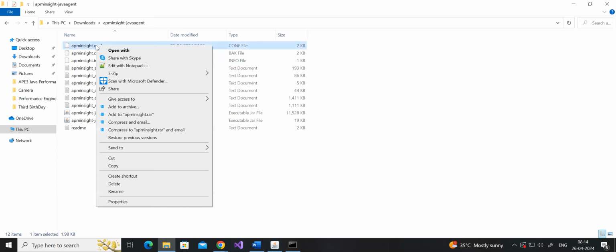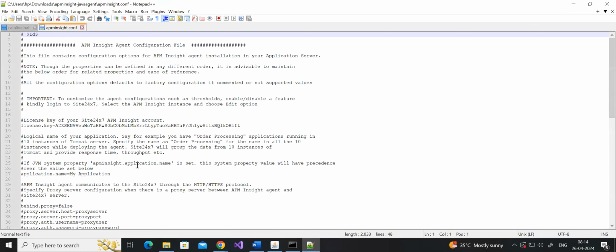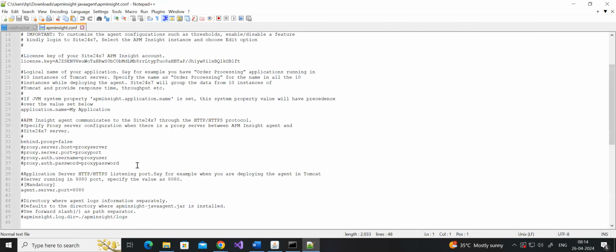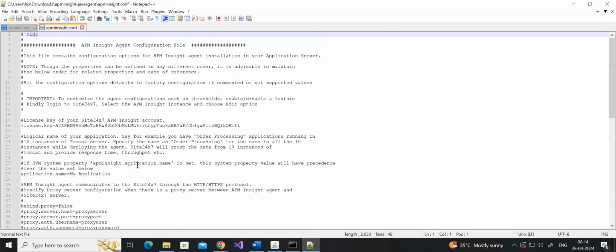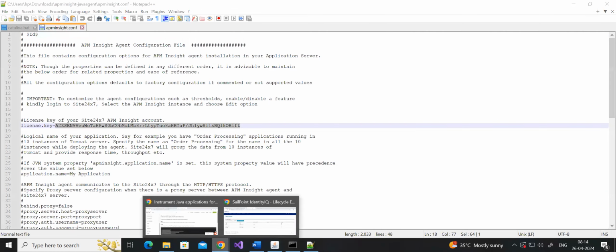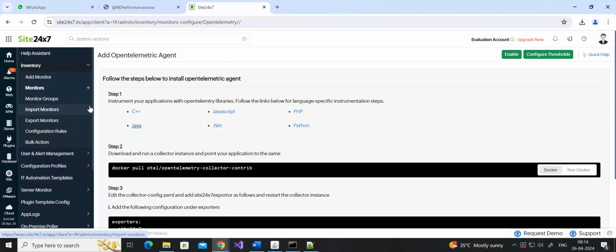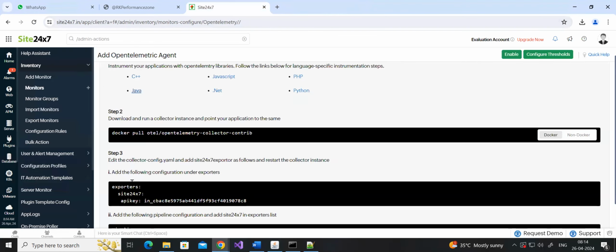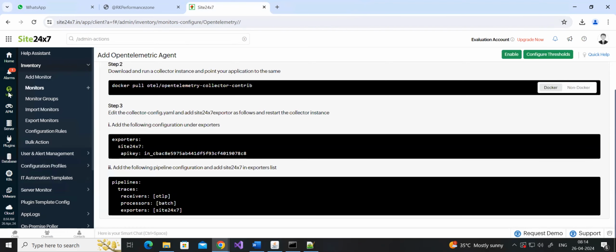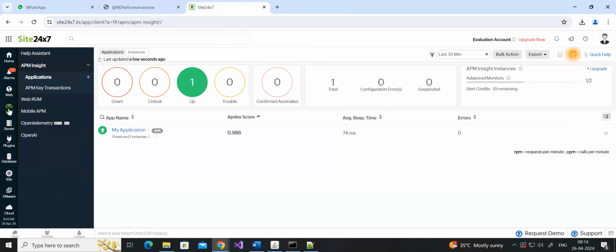Watch very carefully. When you go here and click on edit with Notepad++, you will see one thing very important. Do you see this one? When you install a trial, you are following some instructions on how to download and all. When you try to download something like this,